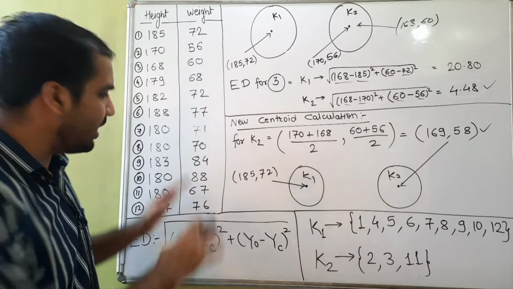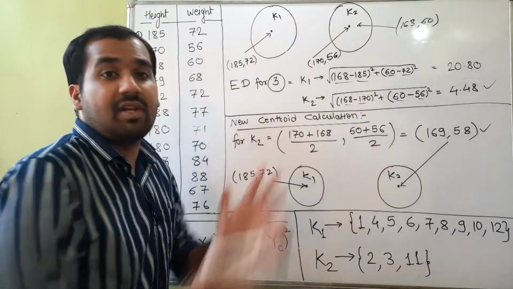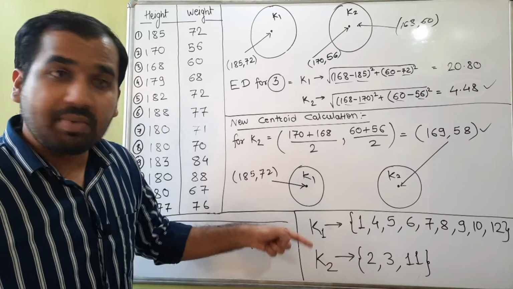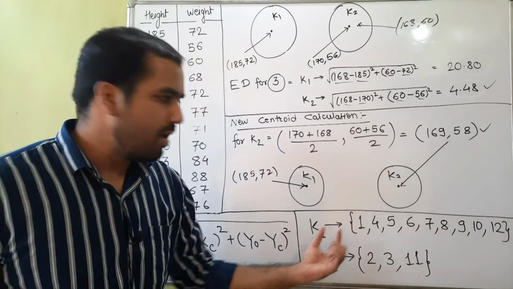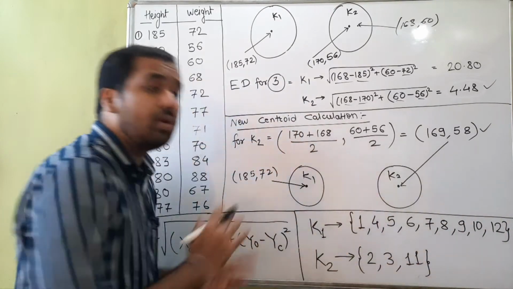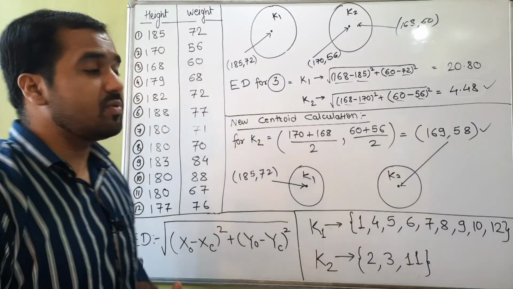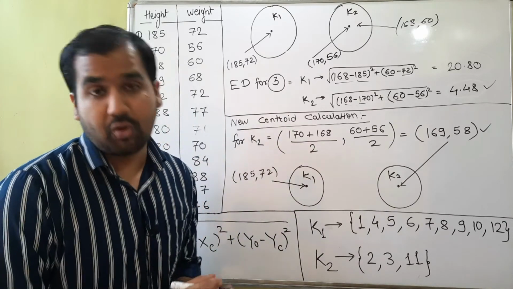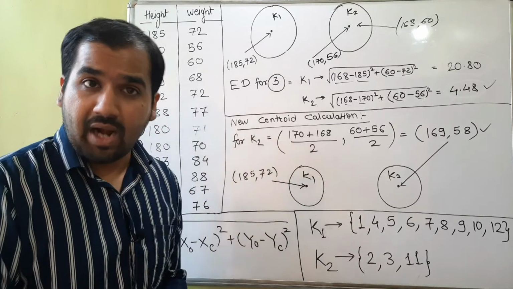Total 12 samples were there and we are done with assigning those 12 samples to the respective clusters K1 and K2. And finally, whatever answer you get, it should be like this, K1 and K2. These are nothing but the sample numbers which represent the samples which belong to K1 and the samples that belong to K2, and this is what your answer should look like. Now with this video I have explained if such a question comes in your exam to solve by using k-means clustering, how you can do that in a pretty easy and understandable manner.